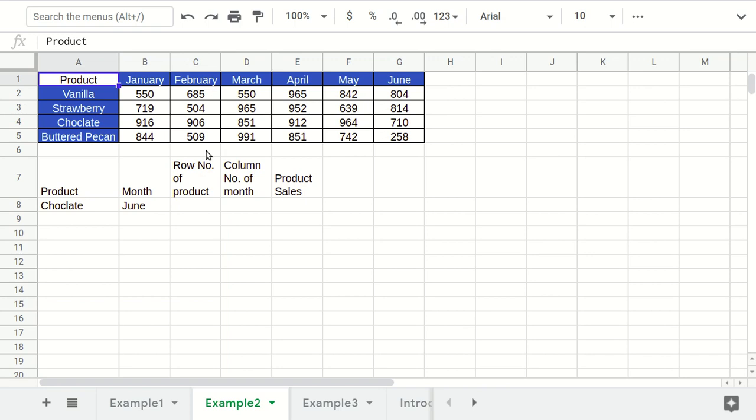So here we have example number 2, and in this example you can see that I have different products. I have vanilla, strawberry, chocolate and buttered pecan. So these are the varieties of ice cream, and I have January, February, different months, and I have their sales, right? So in January 550 pieces of vanilla ice cream were sold, and similarly we have for different varieties of